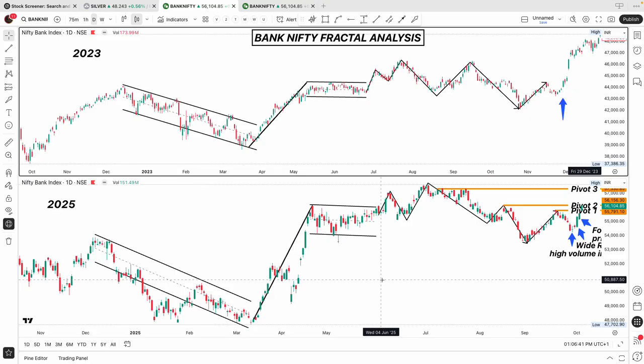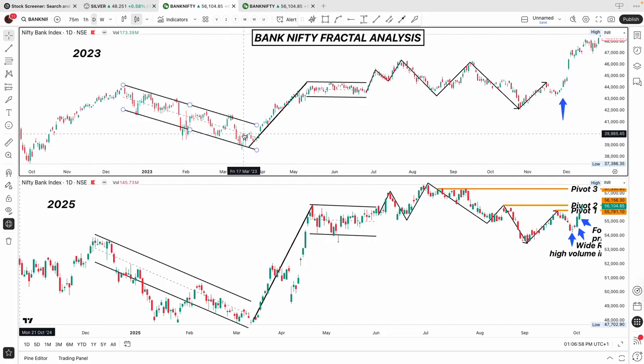And this is something I noticed earlier this year when we were forming this lower high lower low structure in Bank Nifty and even in Nifty as well. And this is something I remembered. This is very similar to how Bank Nifty had played out back in December 22, 23 as well. So you can see the clear lower high, lower low structure. Of course, it's not exactly going to be a one-to-one mapping as the bookish examples show, but this is something you need to work with.